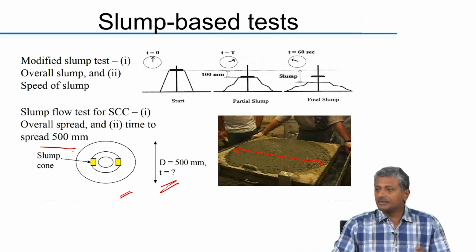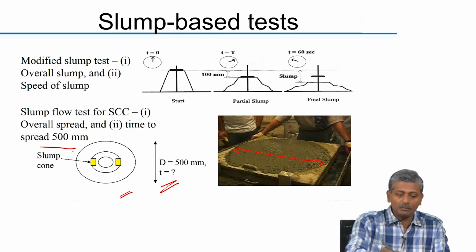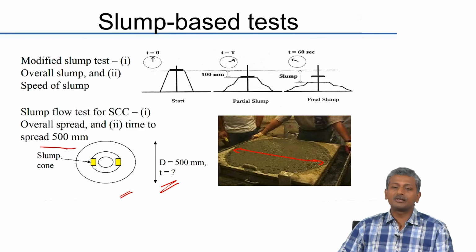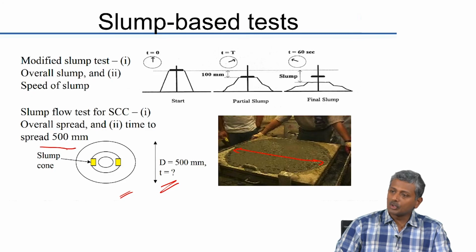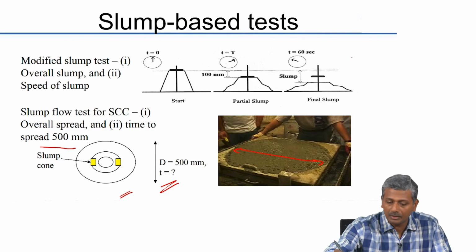The speed of spread is related to your plastic viscosity. So, the time to spread 500 millimeters is related to viscosity. Okay. Now, if you were to apply similar concepts to regular concrete, which has a slump between 100 to 200 millimeters,